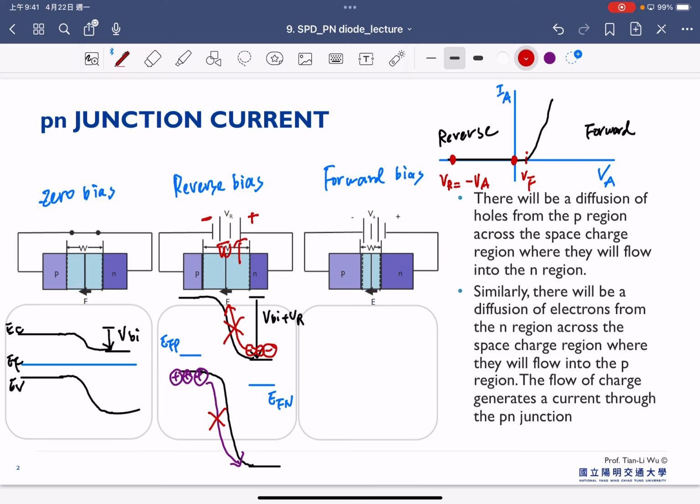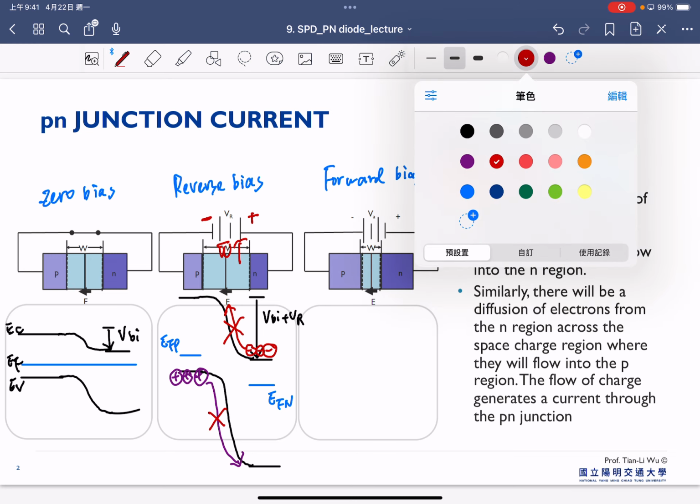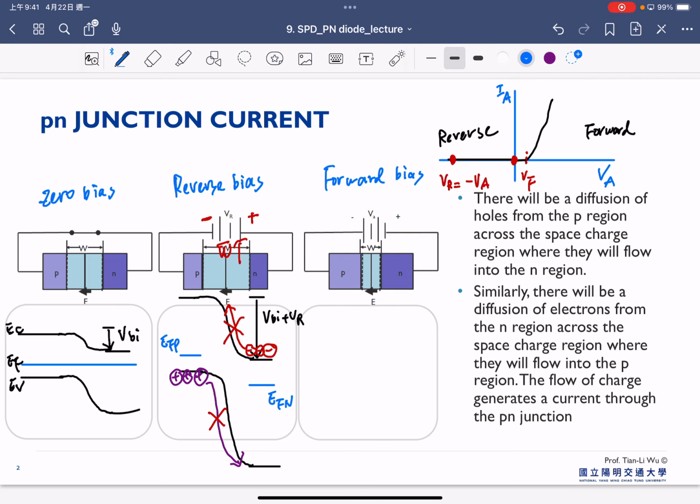And then the last case will be under the forward bias. In this case, we apply the forward voltage here, and our applied forward voltage will be equal to a positive anode voltage here. So that means we start to apply the positive voltage on the anode side, which is the P type. And therefore,